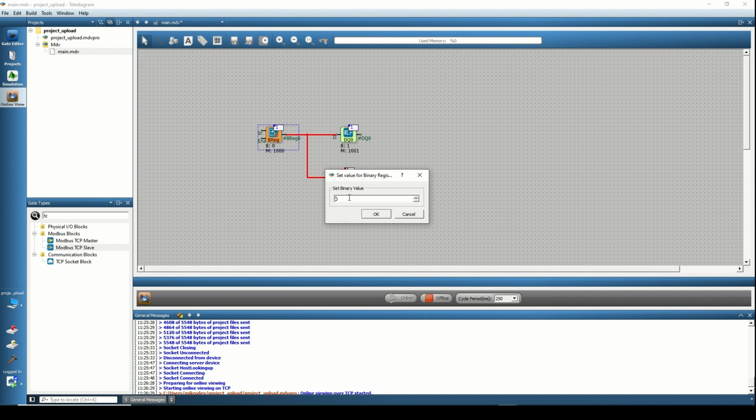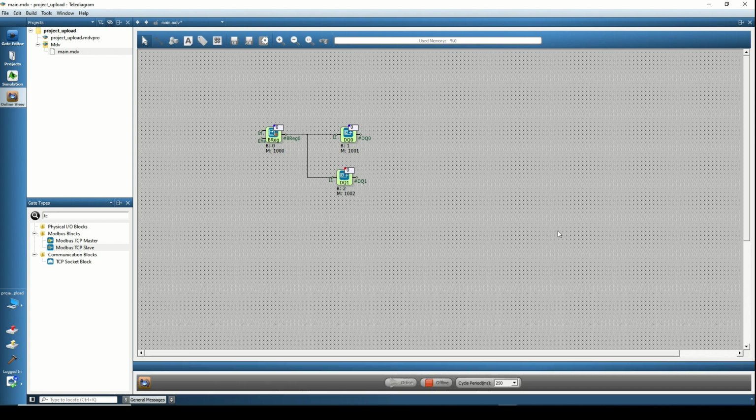This time we performed the upload via Ethernet with the device. That is, if you are in the same environment as a device in the field, you can perform the upload in the same local environment, or if port forwarding is done, you can perform the upload